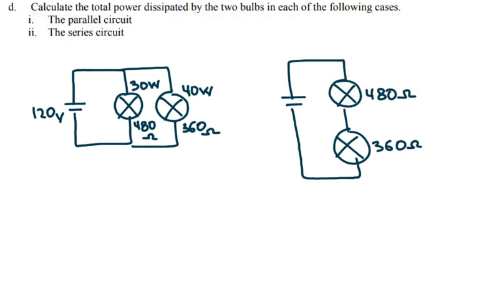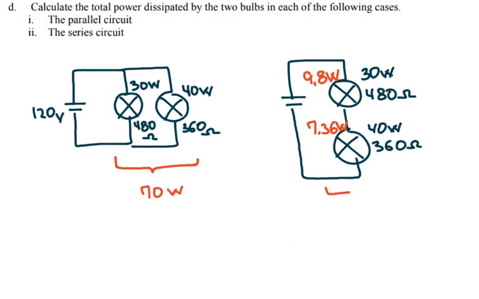So I have both circuits redrawn. So this one is 30 watt resistor in series. This is 40 watt resistor in series. But in this connection, they would only produce 9.8 watts, the one that we calculated earlier, and 7.36 watts. So the total power drawn out of the battery in parallel connection is 70 watts, and the total power drawn out of the series connection is